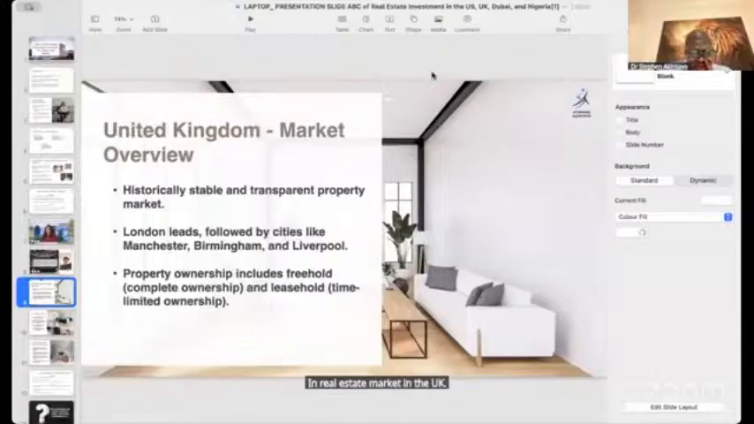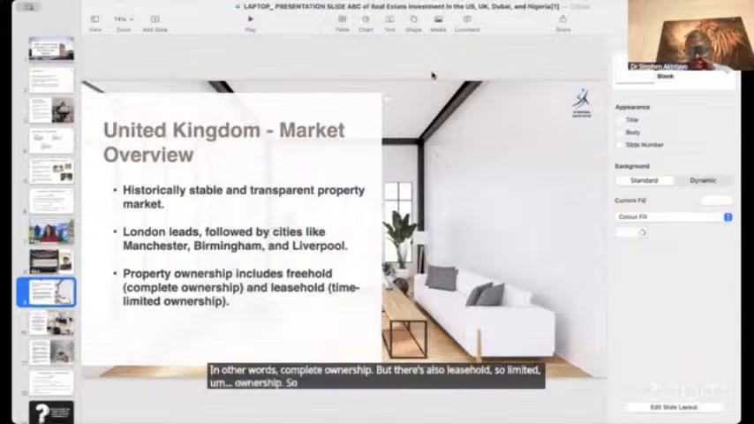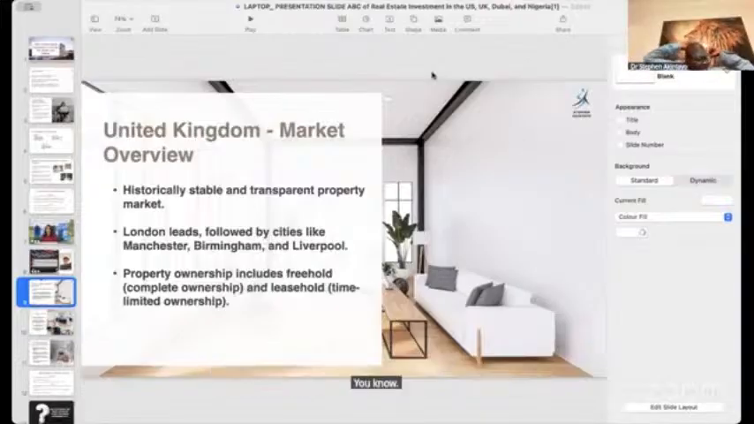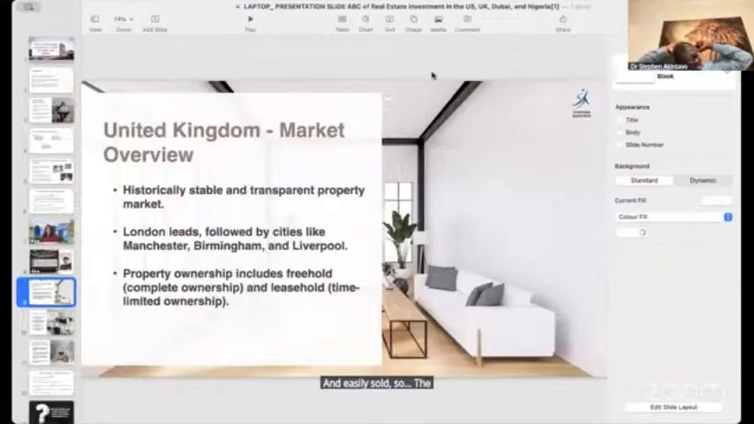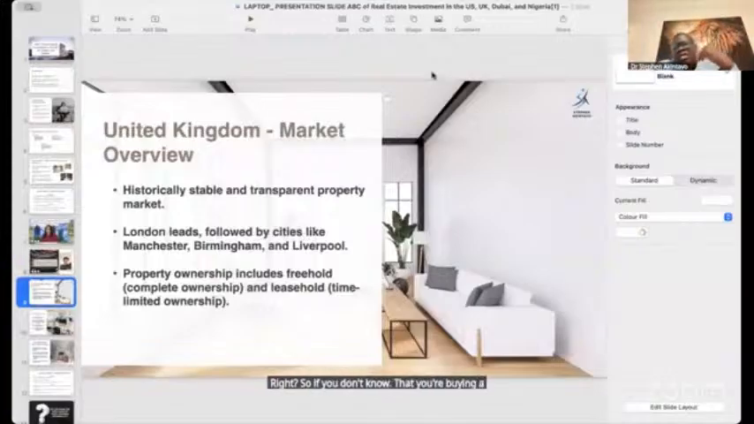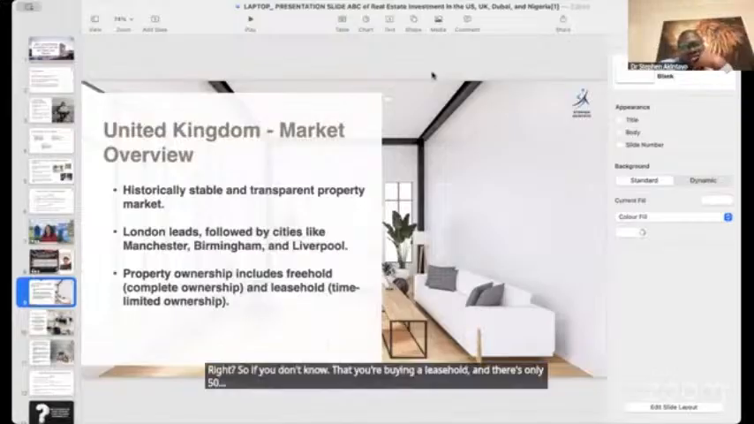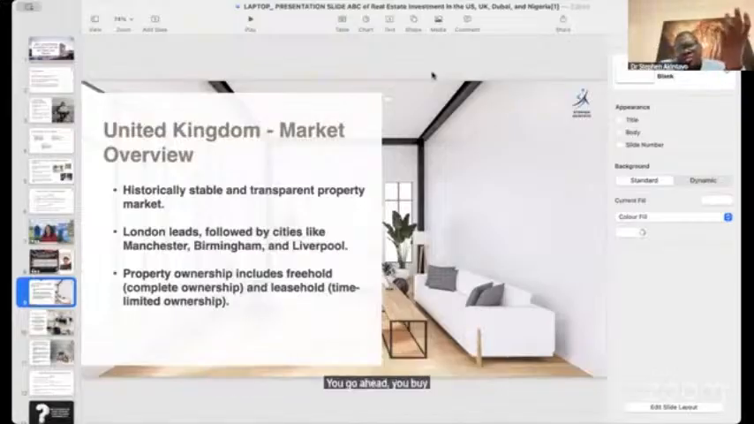Property ownership includes freehold, in other words complete ownership. But there's also leasehold, so limited ownership. These are things you must always ask. Somebody wanted to sell me a property in London, and it's leasehold, with I think 57 years remaining on the lease. If you don't know you are buying a leasehold and there's only 57 years left, you go ahead and buy it, and